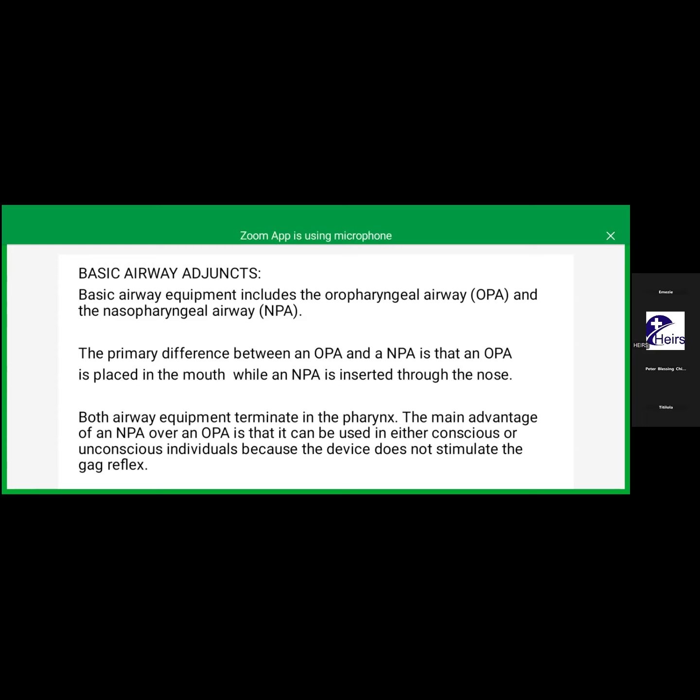Yesterday we were able to clarify that in any patient with airway compromise, the first intervention we want to do after